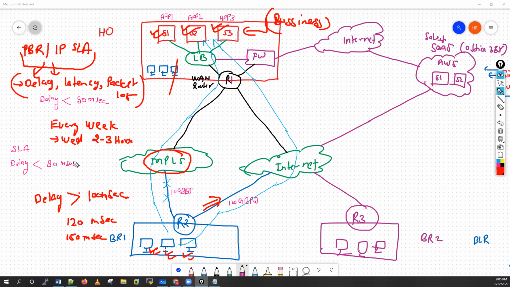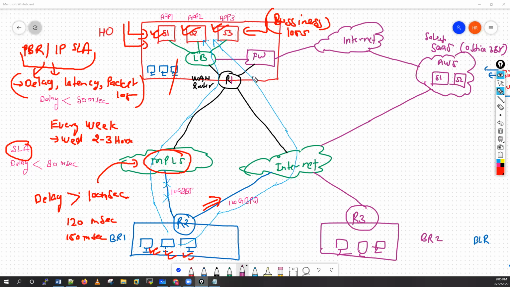Even though the MPLS SLA is breached, you can charge some money to your service provider and put a penalty. But because your application performance is degraded and your people are not able to work on these applications, it is a business loss for you. It will basically hamper your business, right? So now,